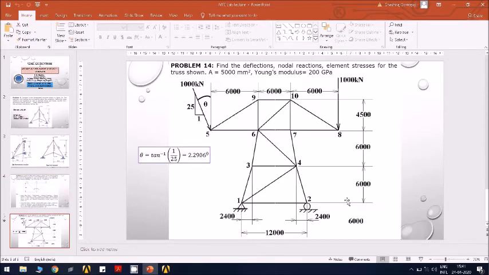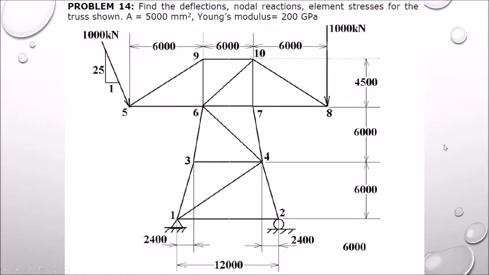Next, coming to this problem, here you can create all the key points, lines, everything with the same method, but the only thing is there is a load which is inclined at some angle, and the slope is given as 25 and 1 here. We can calculate what this angle is. If you calculate this angle theta, it comes out to be 2.2906 degrees. Theta will be tan inverse 1 by 25, which comes out to be 2.2906 degrees. So we'll try to model this now in the software.